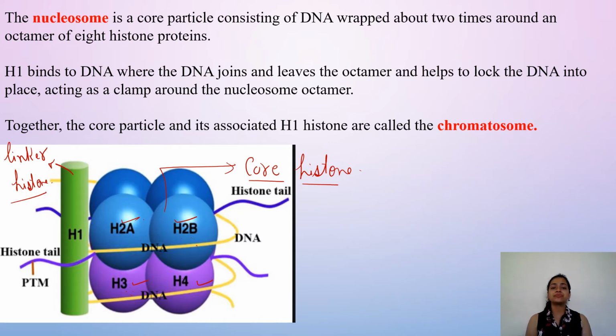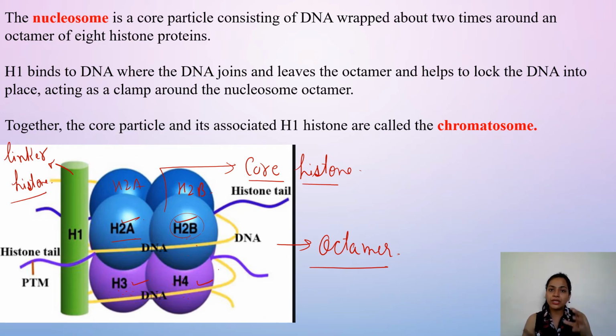Now see here, these histones form an octamer. These 4 types of histones form an octamer structure. Octamer means 8 units of these histones will form a complex. Why 8? You can see here 4 histones, and each histone will be present twice. Like this is H2A, just behind that there is another H2A. H2B, just behind that there is another H2B. H4, just behind that there is one H4, and just behind this H3 there is another H4.